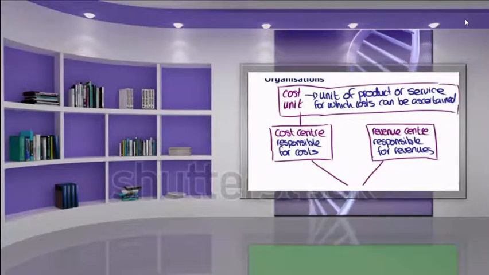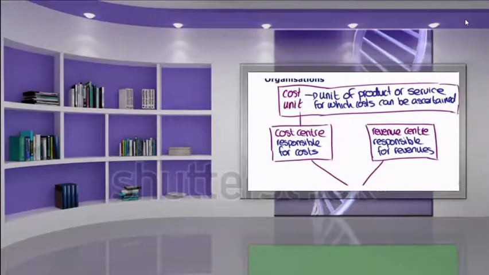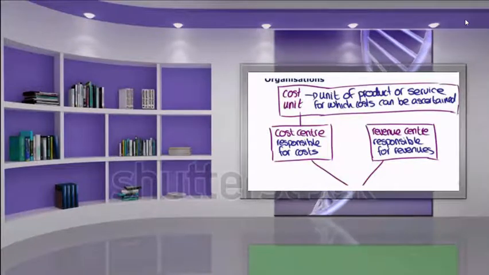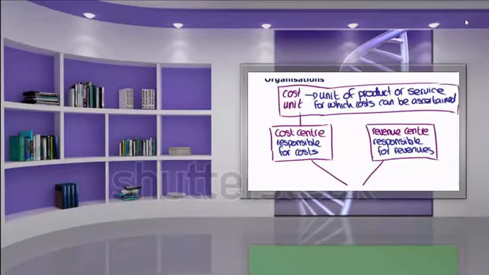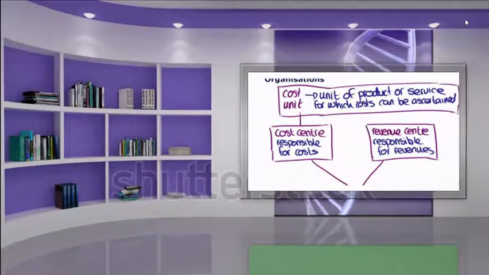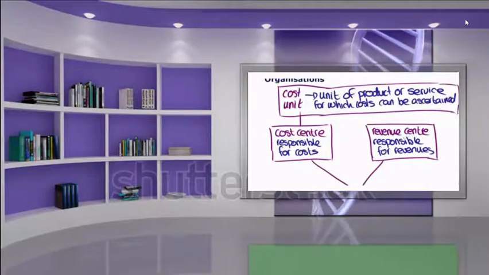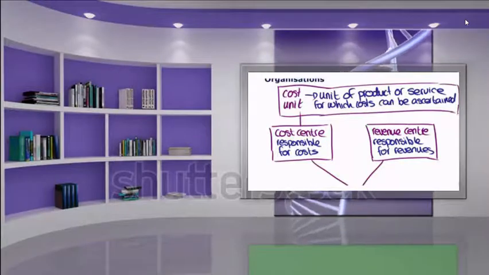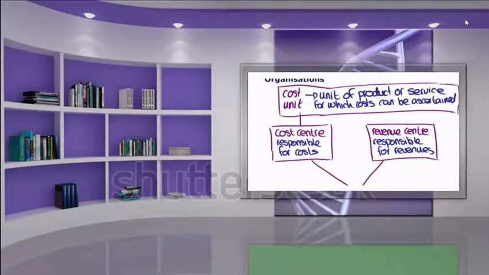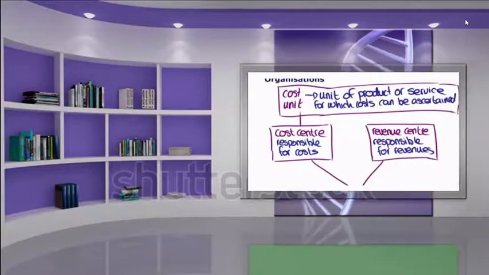Very important concept within management accounting, our cost unit. So let's say, for example, we are a company that manufactures and sells tables. Then our cost unit is going to be simply one table. And an important part of our management accounting system would be to understand how much does it cost us to produce one single table, which is the cost of one cost unit.